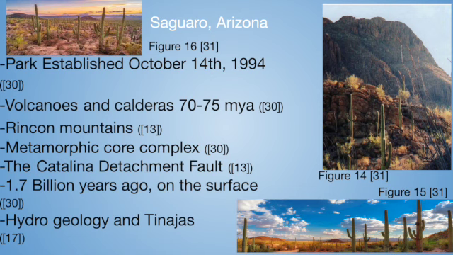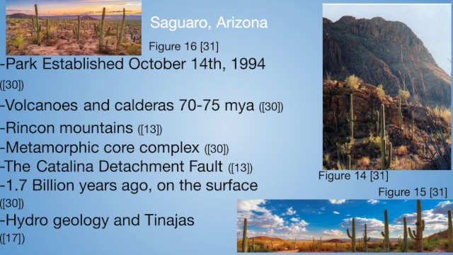Also, the Catalina Detachment Fault that snakes its way through Saguaro National Park is where the deeper crystalline metamorphic rocks of the core complex begin to rise along the crack of the fault, and the shallow sedimentary and volcanic rocks are moving down and away, according to the video provided by the U.S. National Park Service. Because of this detachment fault, we can visually see 1.7 billion years ago on the surface of